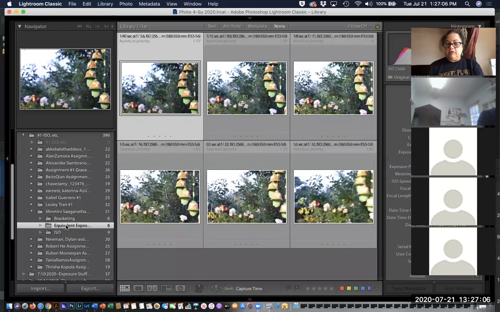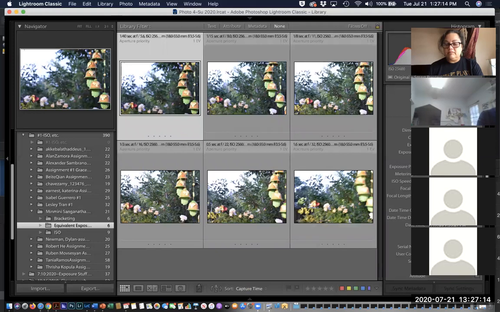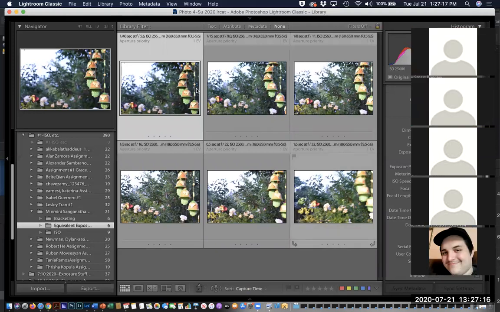So tell us about your equivalent exposures. So for these ones, I was a little confused about the full stops because I don't think mine went higher than 32, and I don't know if that was all right or not. Absolutely, that's fine. But when I was taking these, I just noticed that they would get progressively blurrier, and I wasn't sure if that's because I was moving more as I took them. So what happened was,